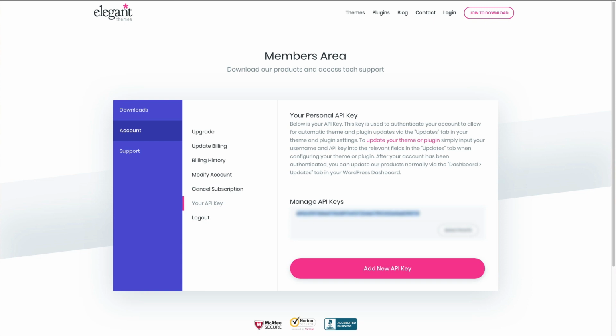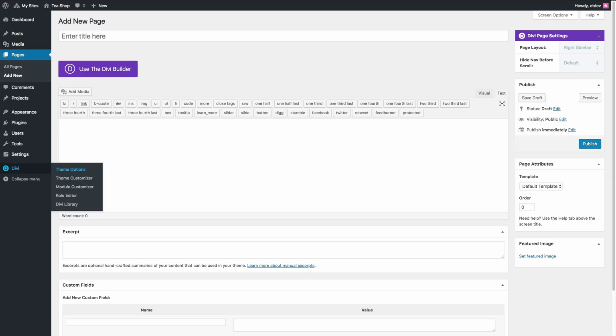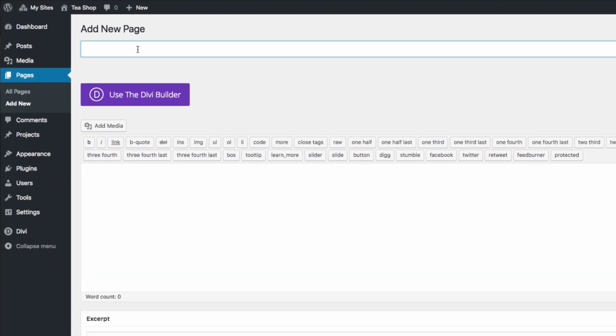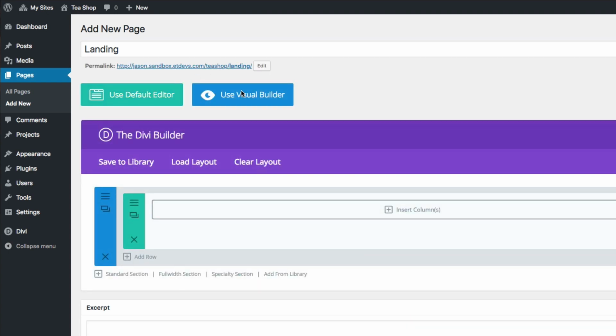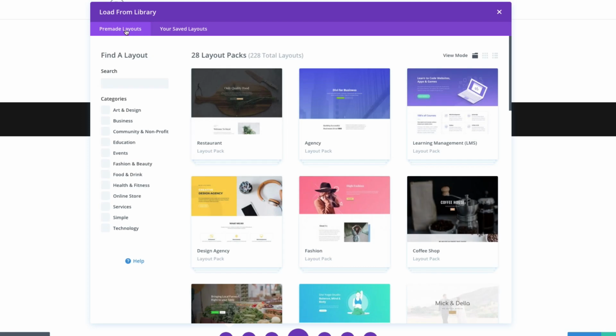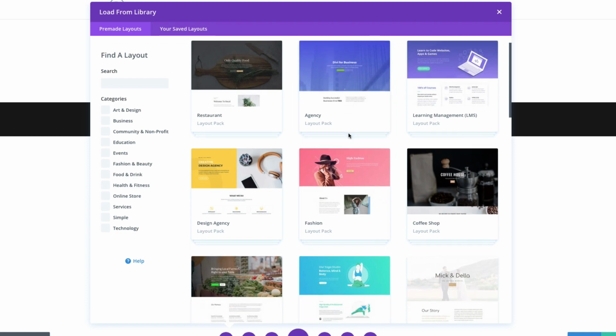The next step is to go ahead and add a new page to your website by going to Pages, Add New. I'm going to add a landing page first. Then you're going to click on to use the Divi Builder and then use the Visual Builder. After that, I'm going to go down here to the Settings menu and then click on the Add from Library icon there. Then you'll see under the Pre-Made Layouts tab all of your layouts that are available for you to